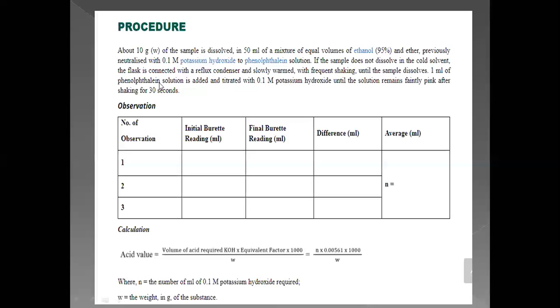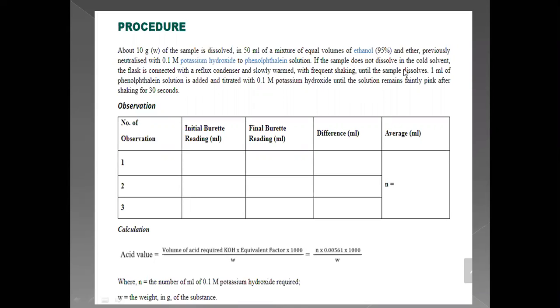What is the procedure? This is actually a practical point of view. Just we will read. For that we have taken 10 grams of fatty acid or oil in 50 ml of mixture of equal volumes of ethanol and ether. That means 25 ml ethanol and 25 ml of ether, which are previously neutralized with 0.1 molar potassium hydroxide. If the sample does not dissolve in the cold solvent, we are going to just warm the sample to dissolve,